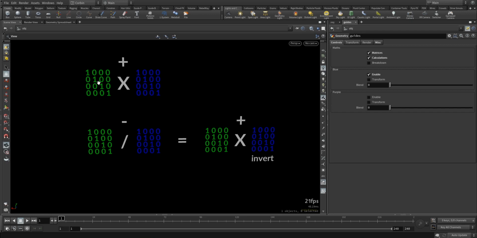So it's like if I say to you, walk 2 steps forward, turn to the right, then go 1 more step forward. So in other words, you've moved in an L shape, right? Like a knight on a chessboard. Okay, 2 forward, turn right, and then move 1 more forward. If that information was embedded in this green matrix, and then the blue matrix was take one step forward, turn left, and then another step forward? Well, to end up in the resultant position of doing both of those movements,